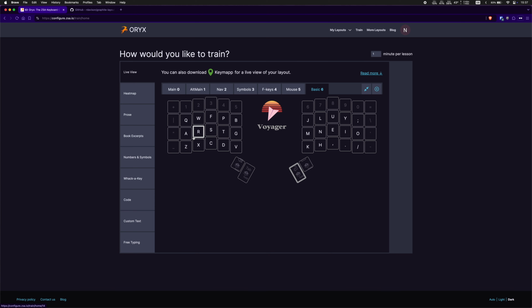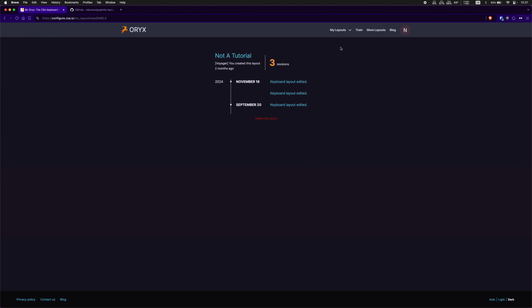It's not working. I'm holding it. I'm trying to switch to other layers. I can't do it. Right, so I think this will only work if I move the basic layer to be lower than the layers that I'm trying to switch into. So let's do that. Let's go back to the layout,